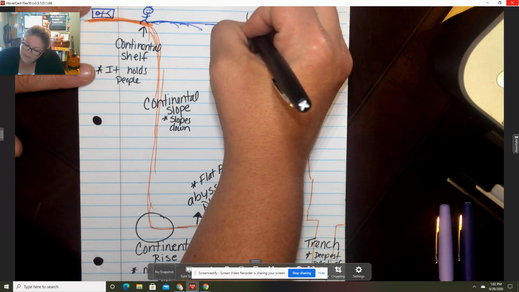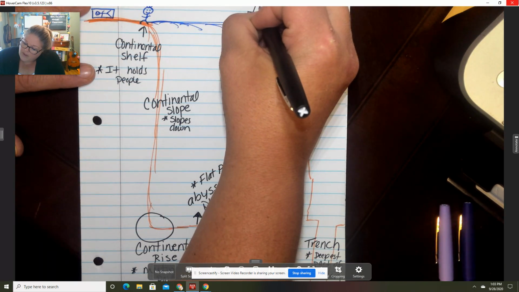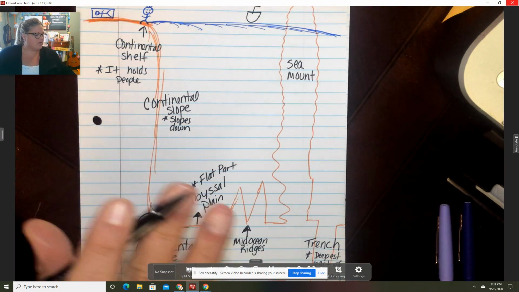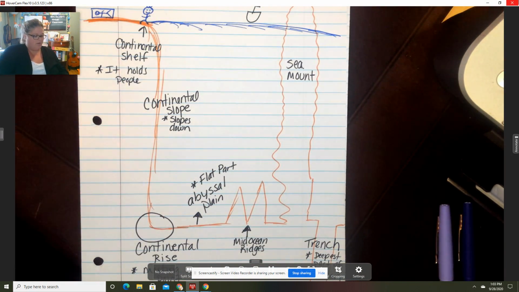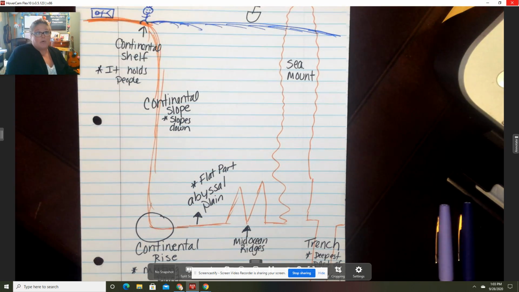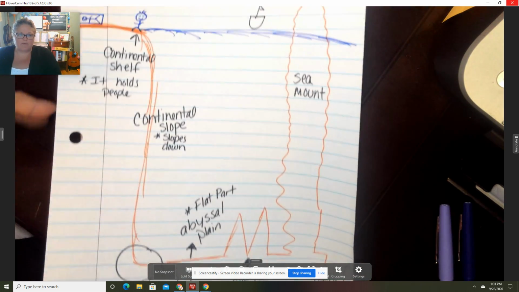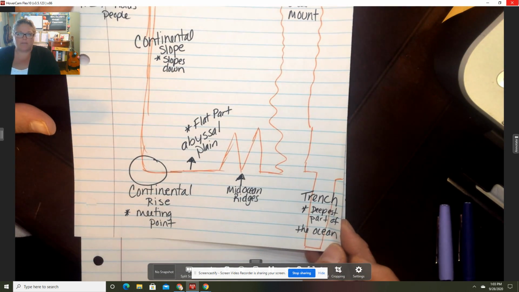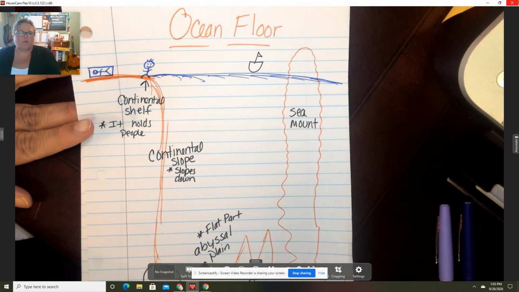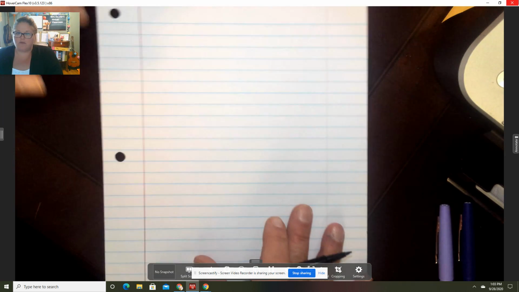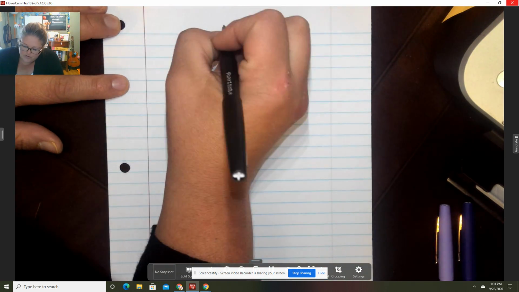All right. I'm going to draw a little boat. Might as well make this pretty, right? Okay. So that's the ocean floor. And now I want to go on and add a little bit about each part. Okay, but I'm going to just do this on a separate sheet of paper so that our diagram doesn't get too overwhelmed with writing on it. So I'm going to come over here and I'm going to say that the continental shelf